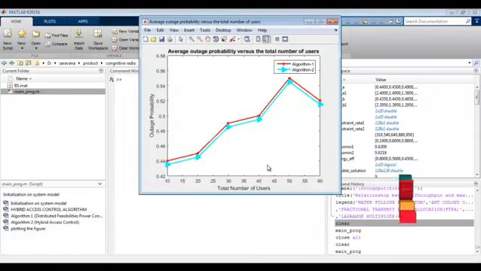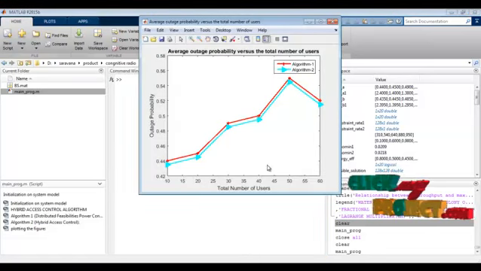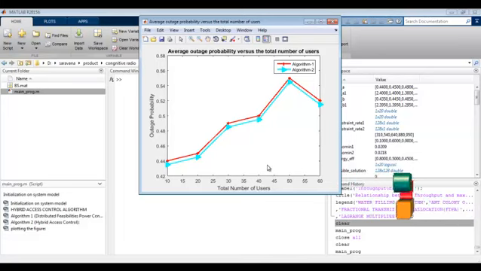And this is the average outage probability versus total number of users. We have nearly 60 users, and the total outage probability is our error. For this error, our algorithm uses the hybrid algorithm, but the first algorithm is more efficient compared to the second one. So this is the total probability we get, comparing these two algorithms. So this constraint will be categorized.